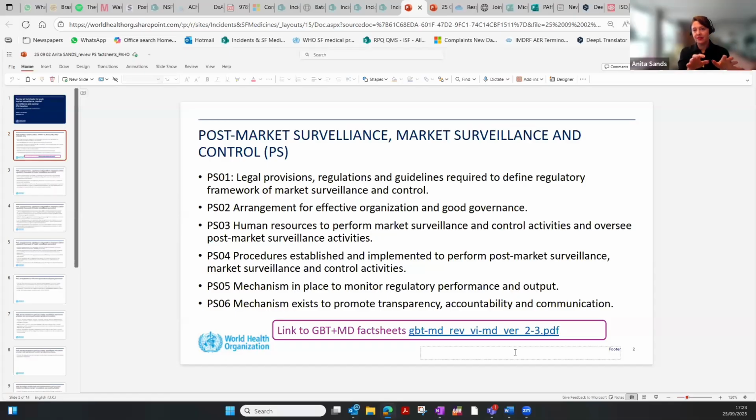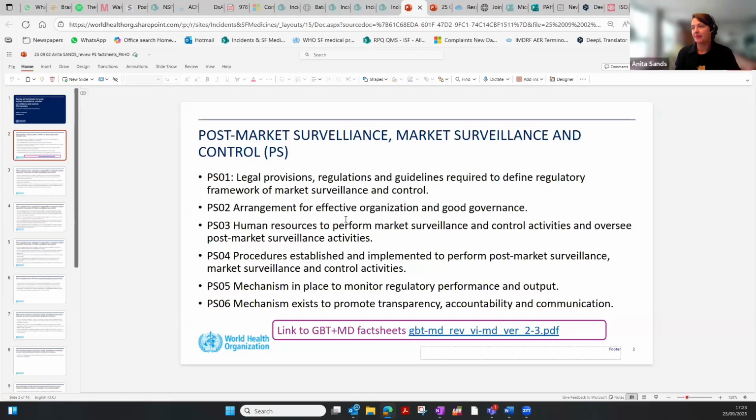If you don't have legal provisions, you'll never be able to progress above maturity level 1. It's fundamental to everything you do, and then building on. So if you have guidelines but not regulations, yeah, you'll be ML1. Looking at the way that you effectively organize